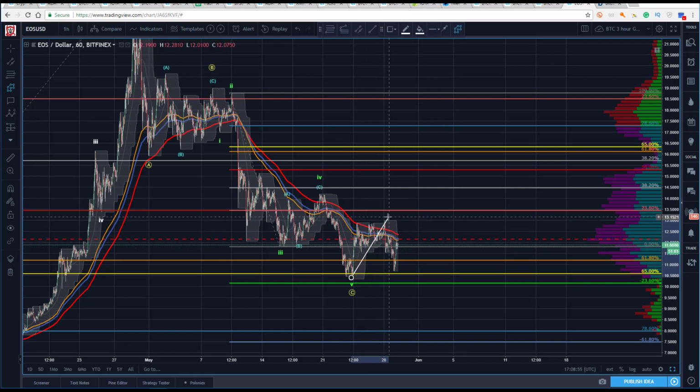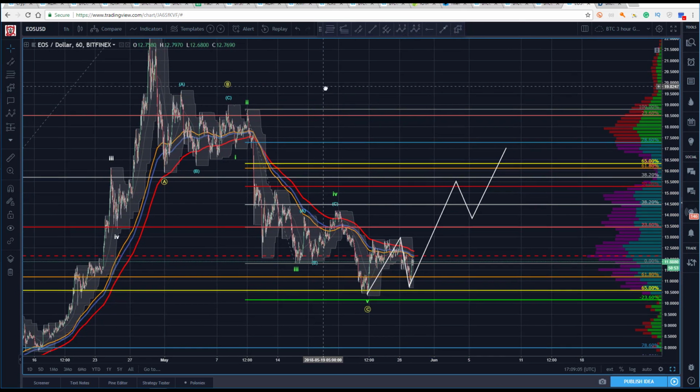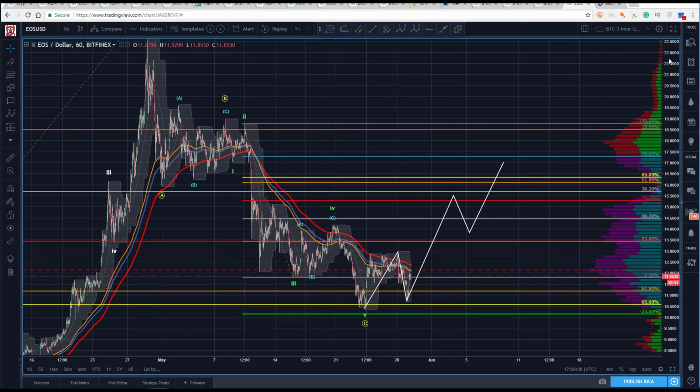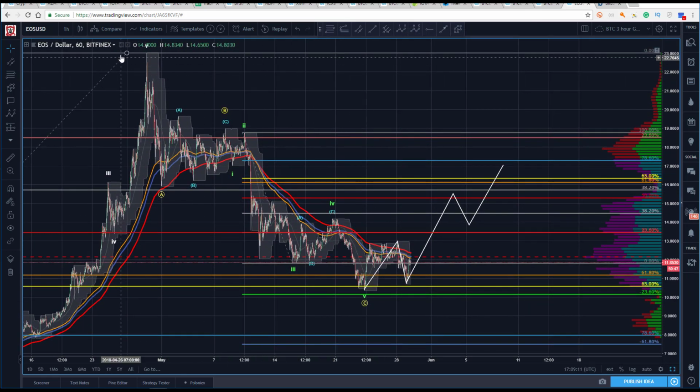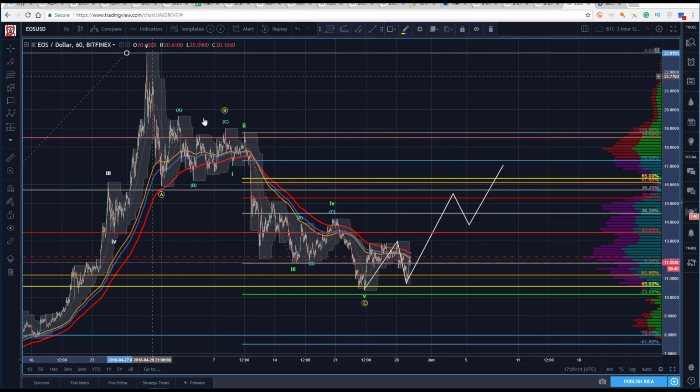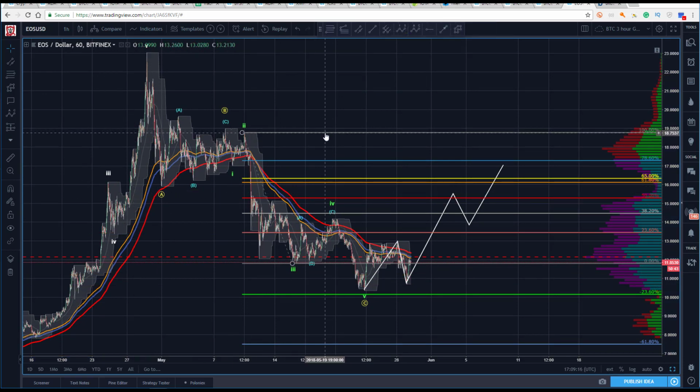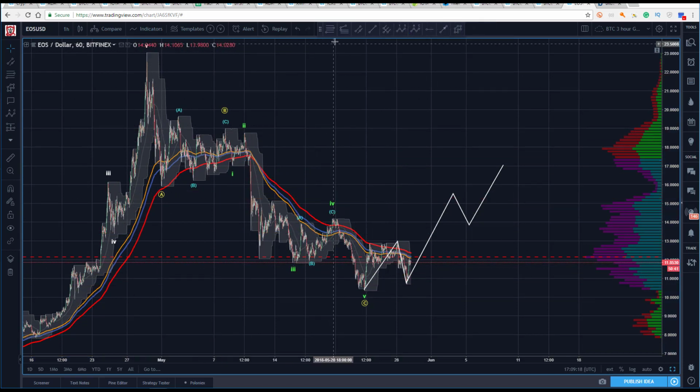So the idea being, if that were a 1, 2, if we had something. Oh, it looks like there's a diagonal there. So if that was a 1, 2, then we're looking for something along these lines to come out of that. Now, the fact that we broke the 65 here means that we can absolutely be expecting algo selling all the way halfway back. So if I pull this off now just to clear up the chart, we take some of this out. Since we broke the 65, there is going to be selling at the next 50.